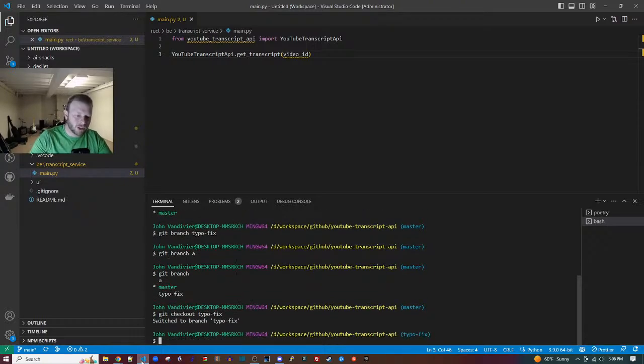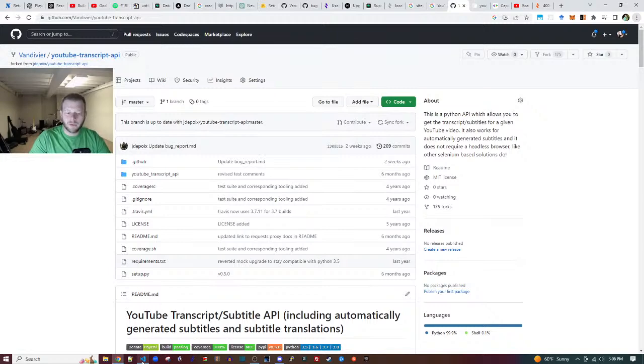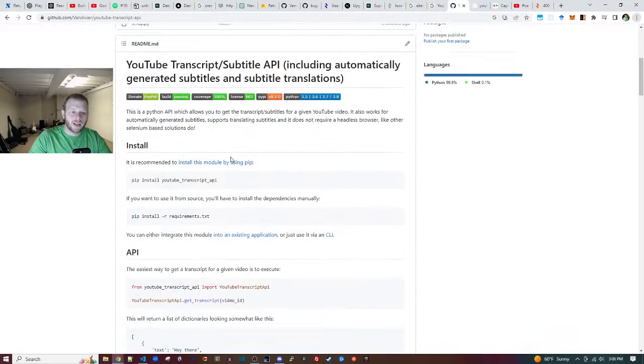So we have git checkout typo fix. Here we are in typo fix. I want to go to the README and change this part.